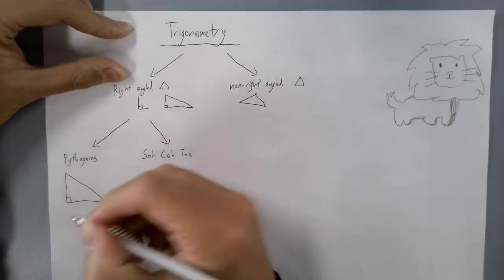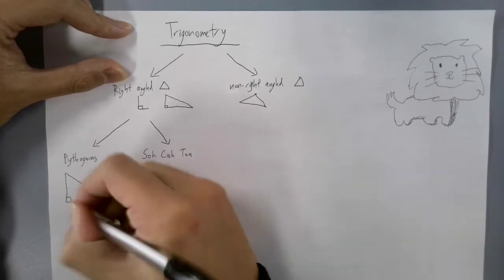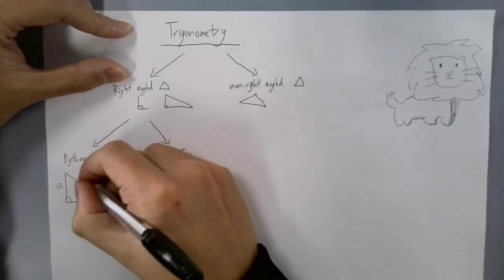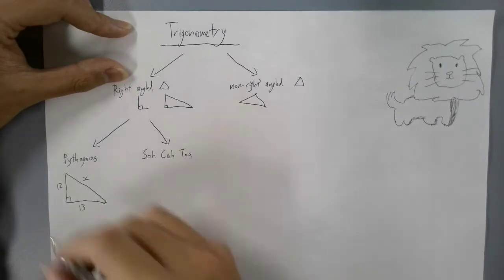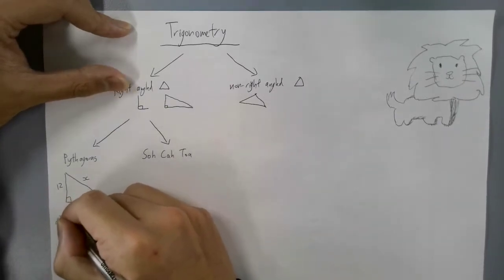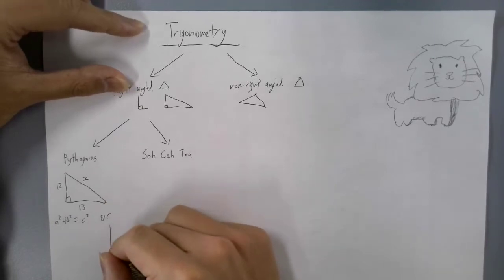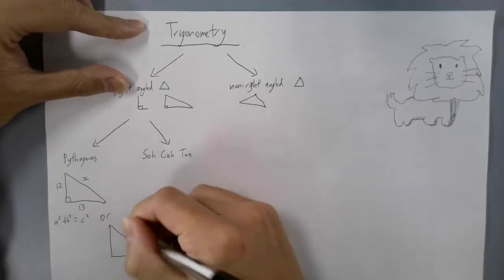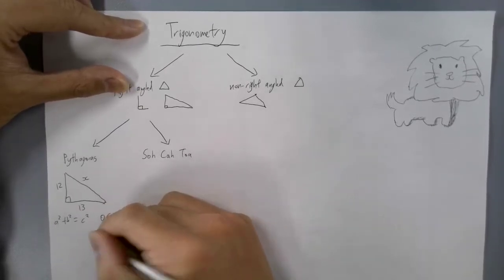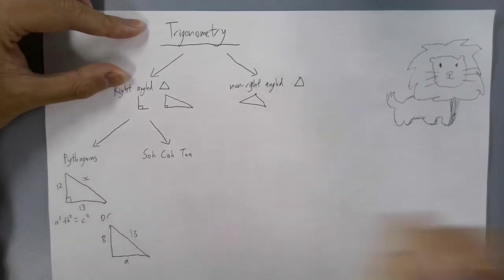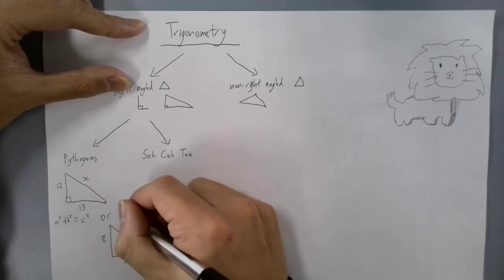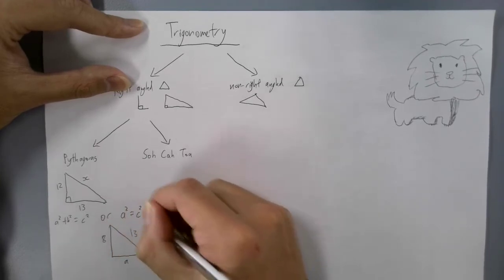You'll either be given something like this, where you need to find the hypotenuse. That's when you use a squared plus b squared equals c squared. Or you'll be given the hypotenuse and one of the shorter sides, and then you need to find the other side,